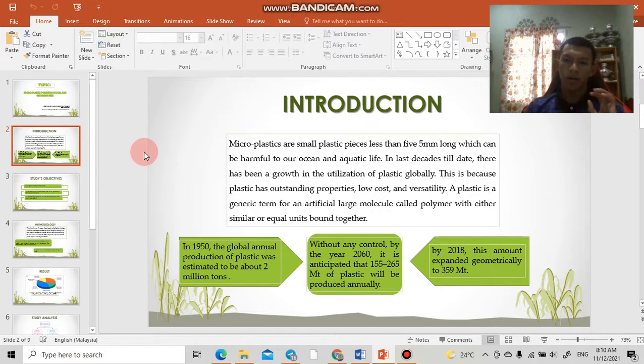Microplastics are small plastic pieces less than 5 mm long which can be harmful to our ocean and aquatic life. In the last decade till date, there has been a growth in the utilization of plastic globally. This is because plastic has outstanding properties, low cost, and versatility. Plastic is a generic term for an artificial large molecule called a polymer, which is either similar or equal units bound